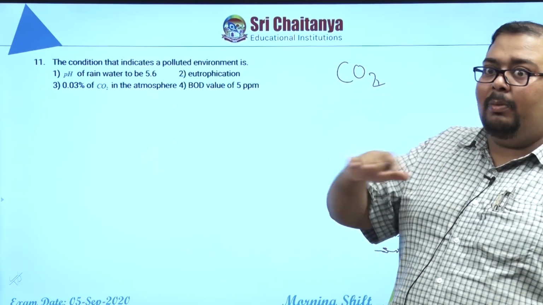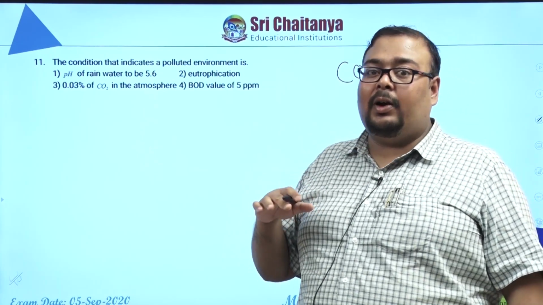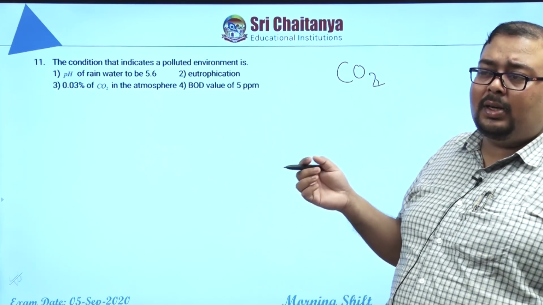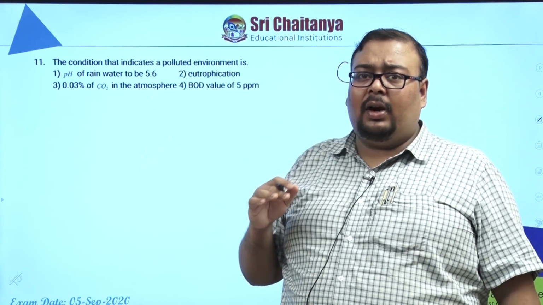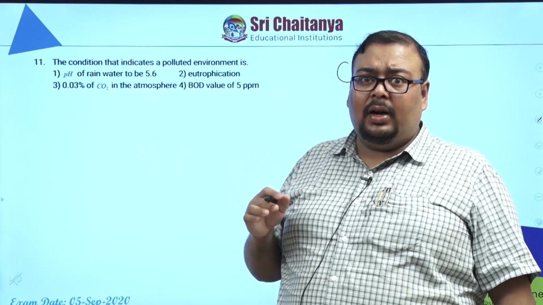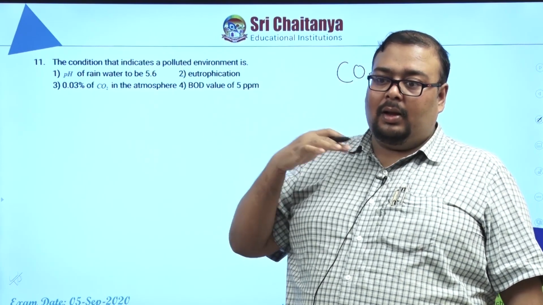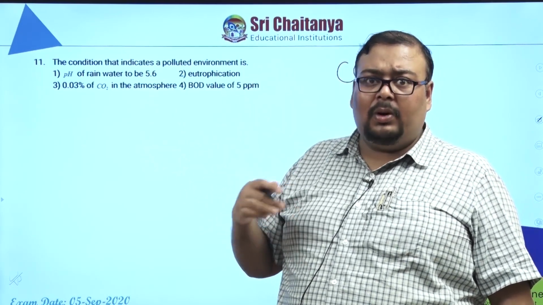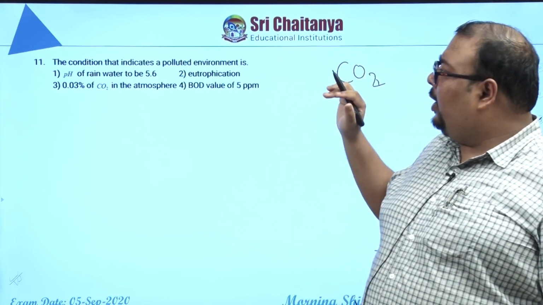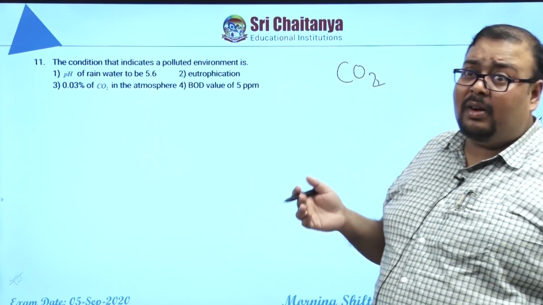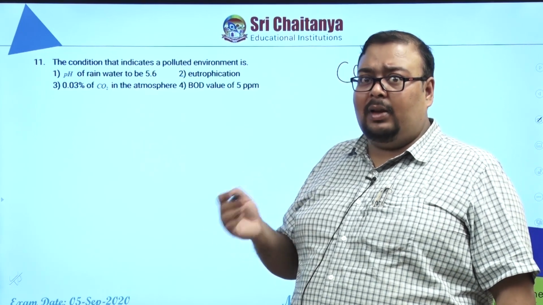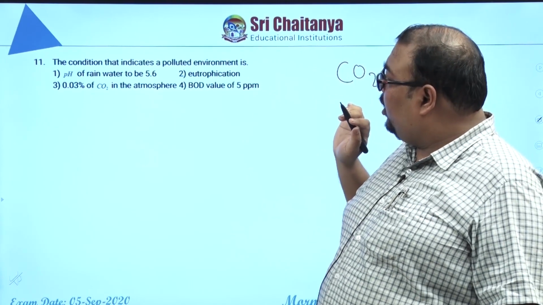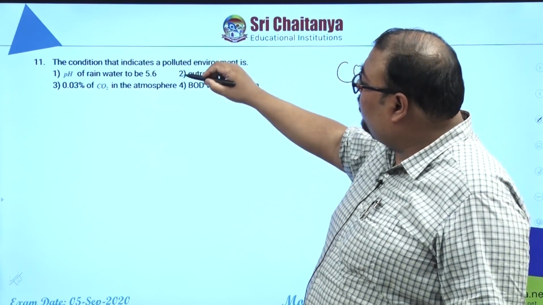So you must have seen ponds which are covered with green colored plants. That is eutrophication. And you see, due to eutrophication, what happens is that the dissolved oxygen content will be decreasing, as the outer oxygen is not able to enter the water. So in that case, less dissolved oxygen will be available for marine life and they will be dying. So that indicates a polluted environment. So the correct answer should be option 2 only.